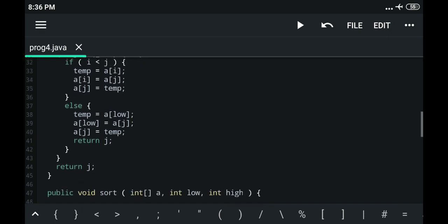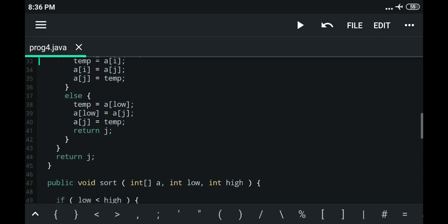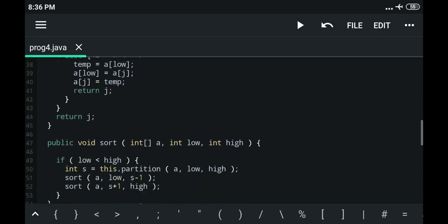In case this condition i is less than j is false, that is, i has crossed j, then the pivot element is exchanged with A of j.